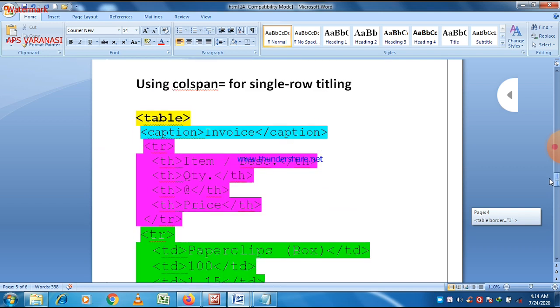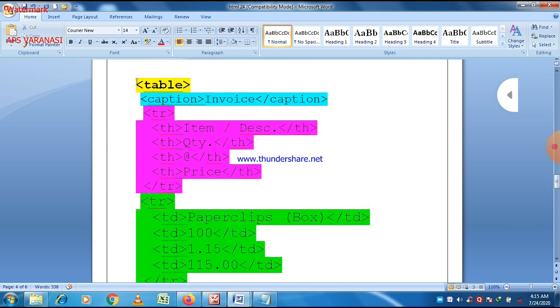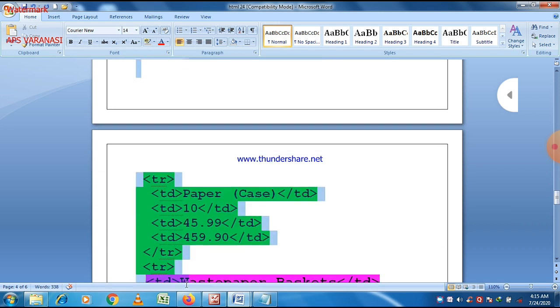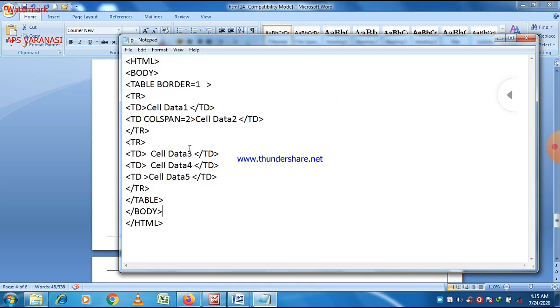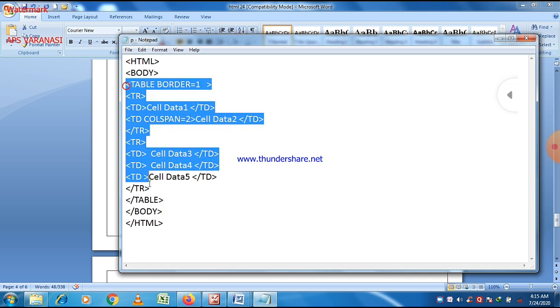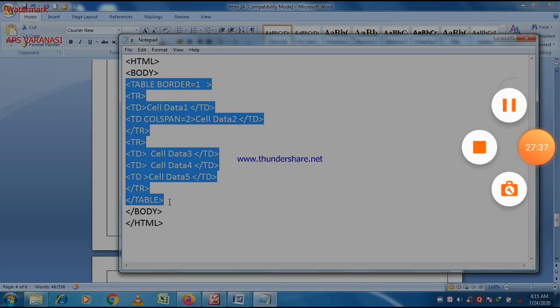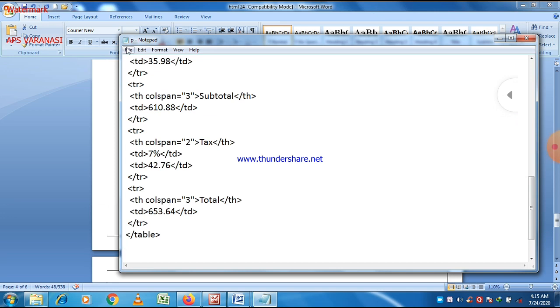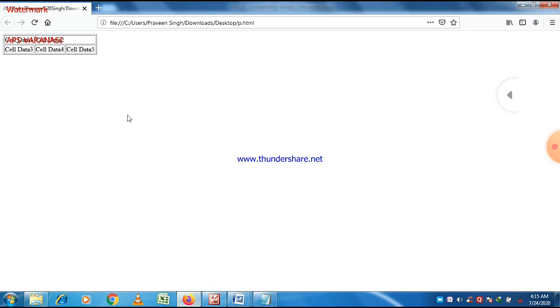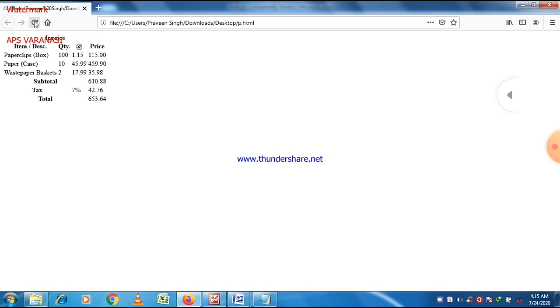This is a program based on different types of colspan in different rows. So it gives you a clear cut idea about the colspan attribute, because in the last lecture we already discussed the rowspan attribute in detail. And now the program is incomplete because we have to write this within the table, HTML and body tags. And this is the program without any border.